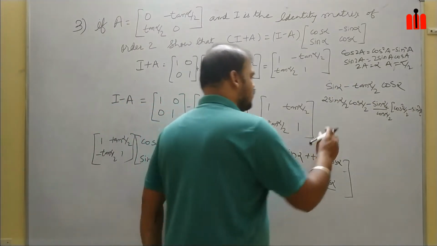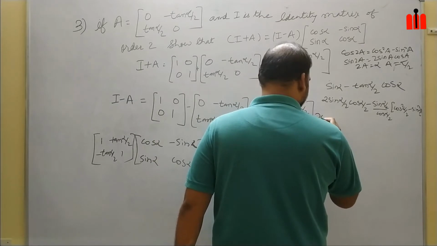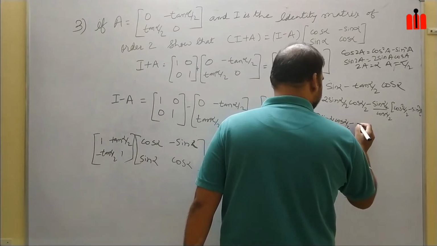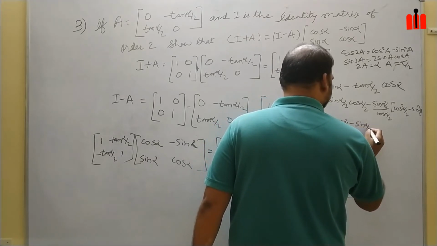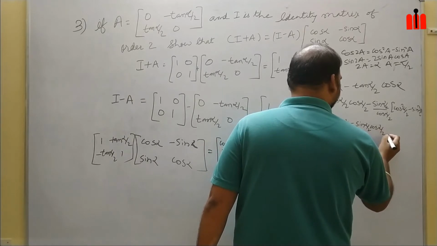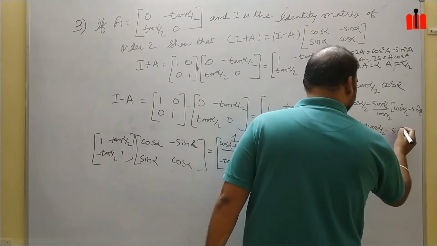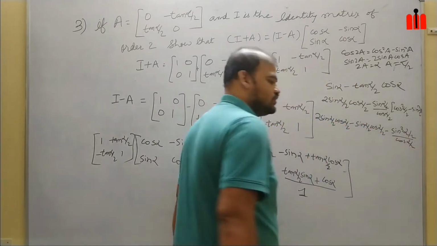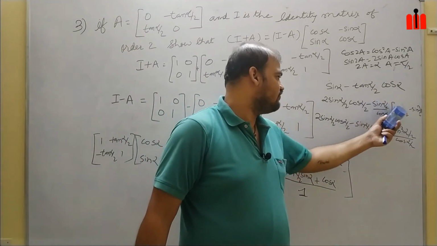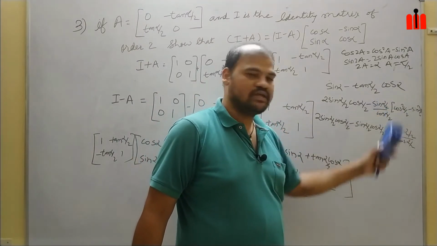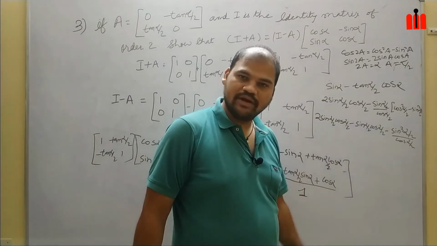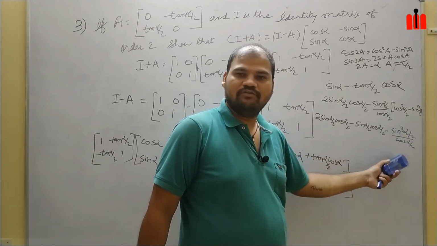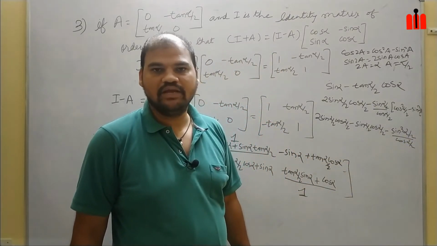Okay, now we will multiply this. So you will get 2 sin alpha by 2 cos alpha by 2 minus sin alpha by 2 cos alpha by 2 minus sin cube alpha by 2 by cos alpha by 2. Okay, so what is here? Sin alpha by 2, and here cos square alpha by 2, one cos will get cancelled. So it will become sin alpha by 2 cos alpha by 2 minus the sin square and sin, it will become sin cube alpha by 2 by cos alpha by 2.